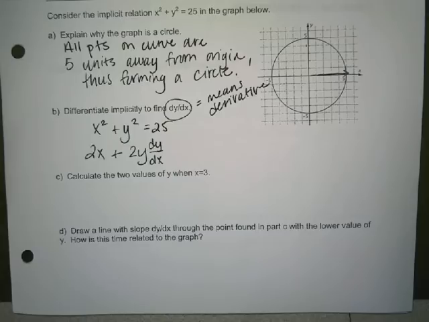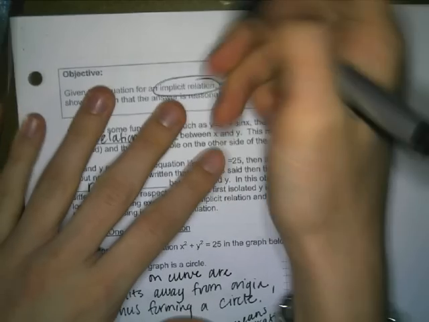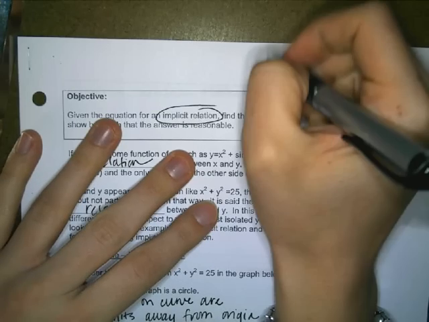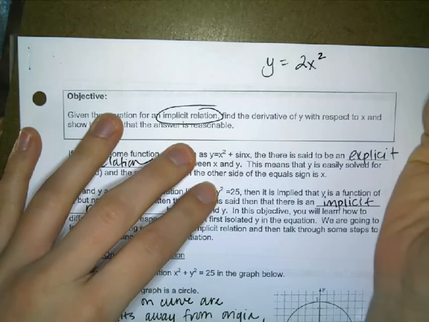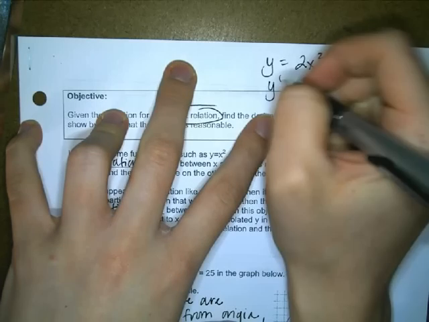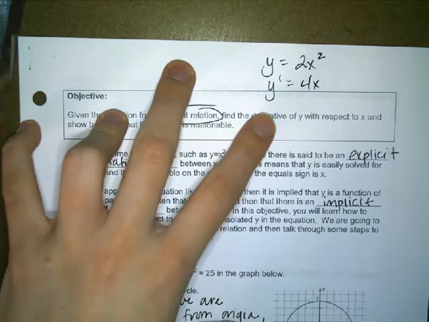Because it's implied that x depends on y. Like every other function that you've taken the derivative of... So an implicit relation is when x is the dependent, and y is like, for example, if I had the function y equals, I don't know, 2x squared,